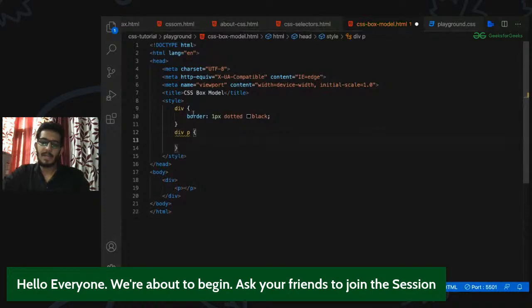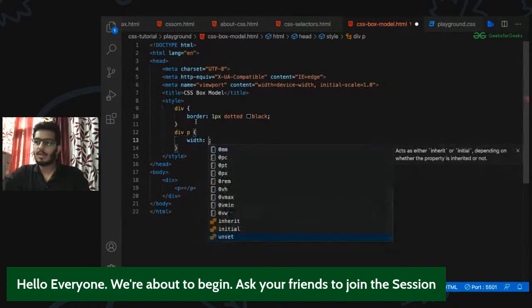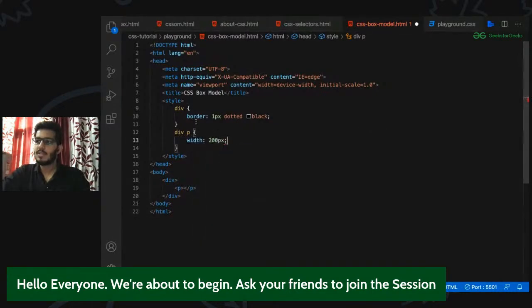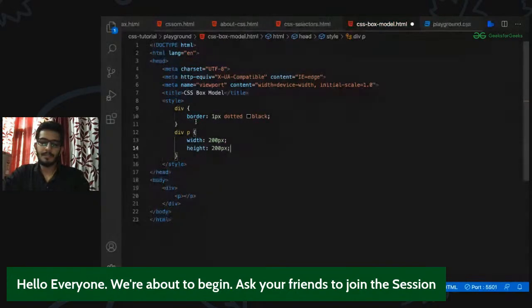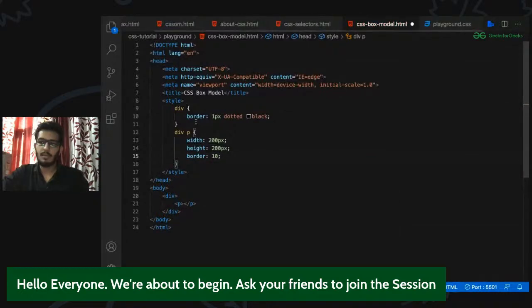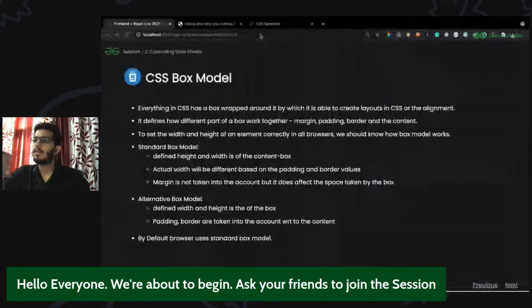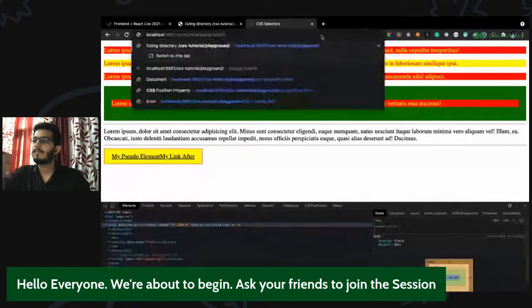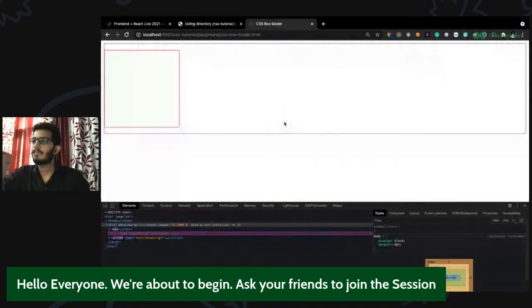Now, the p tag. Let's give it a width of maybe 200 pixels, height of 200 pixels, border of maybe 1 pixel, solid black, red. Okay, so now we see, first of all, it takes up the complete width, right? So